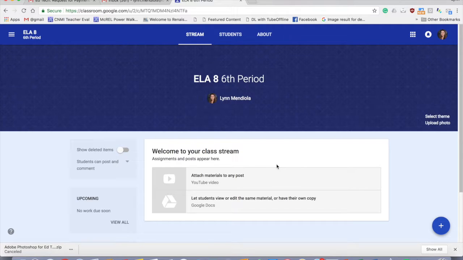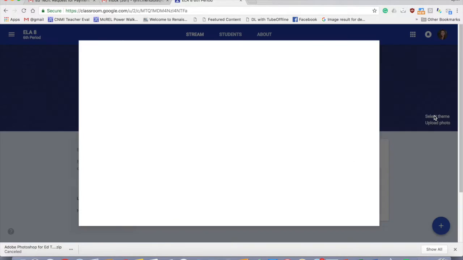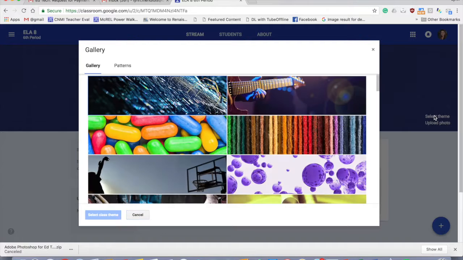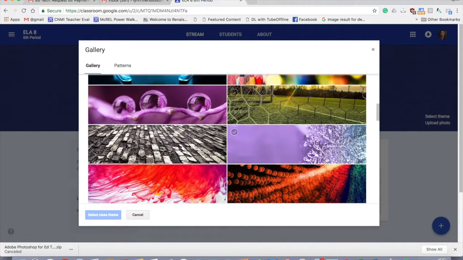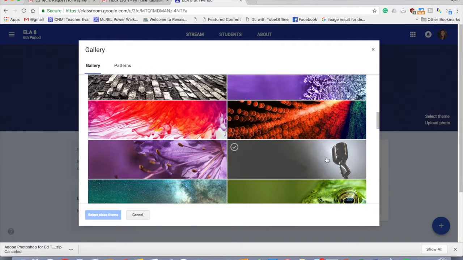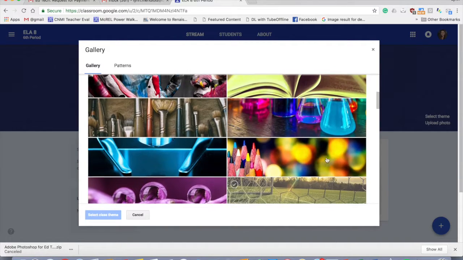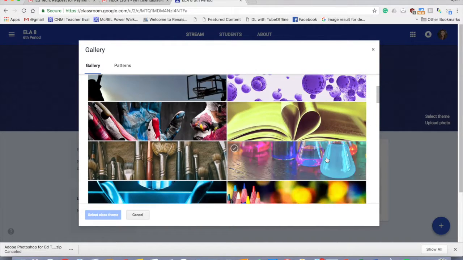There you go. So there's the course. And just like Google Forms, if you're familiar with that, you have the ability to change the theme. If you're not happy with the blue theme, you can choose from any one of these, and I like to choose a theme that matches the course that I am teaching. So since we created an ELA one, I'm going to pick this one with the